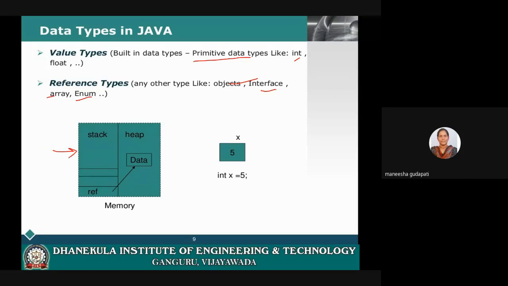Again, we have stack memory as well as heap memory. While storing some value in the memory, we have two types of memories. Not only in Java, in C or any programming language, we have two types of memories. The first one is stack memory and the second one is heap memory.